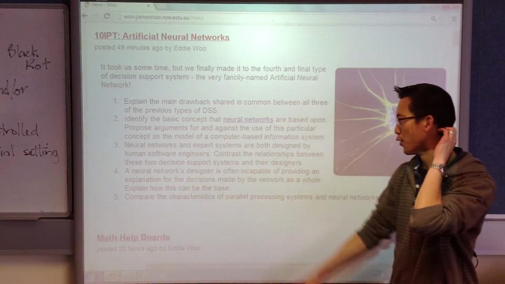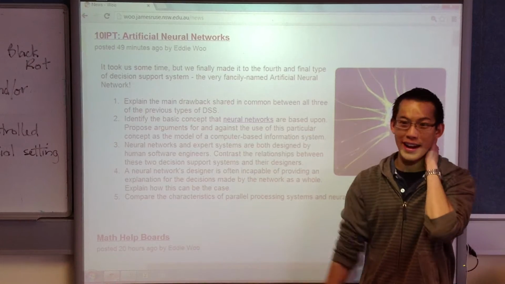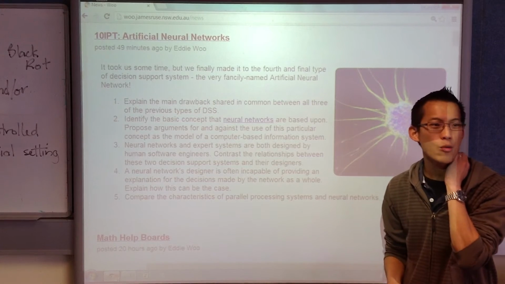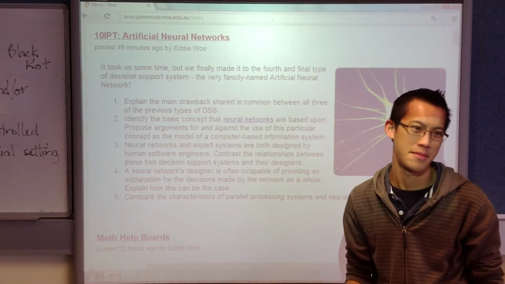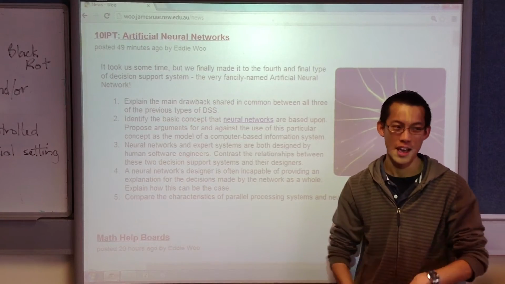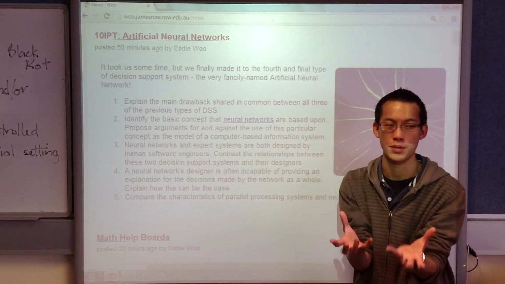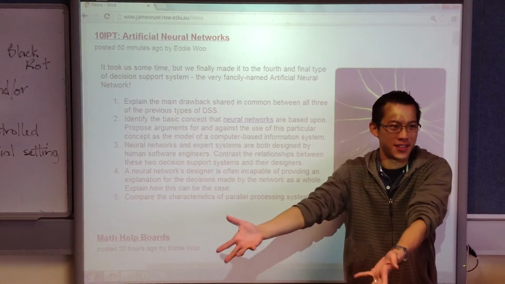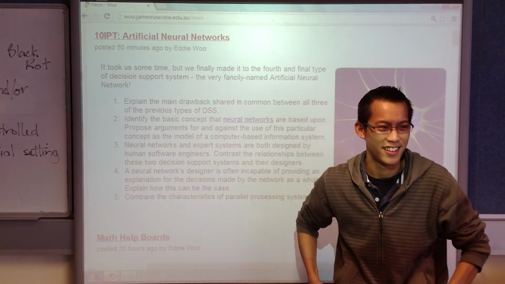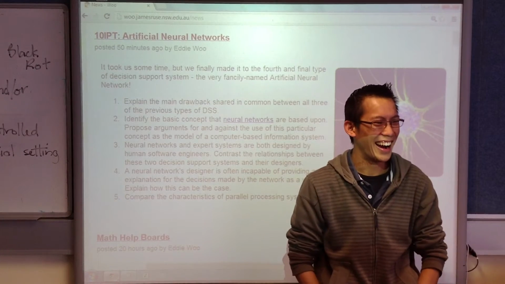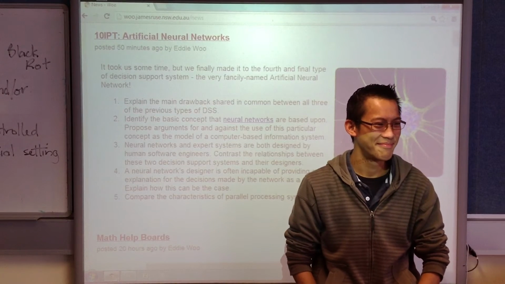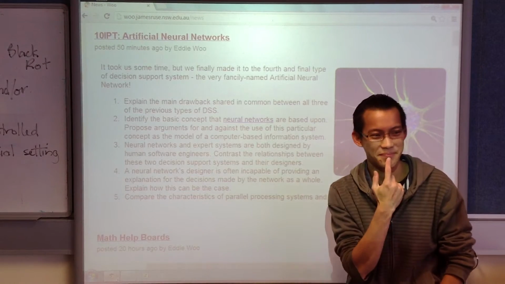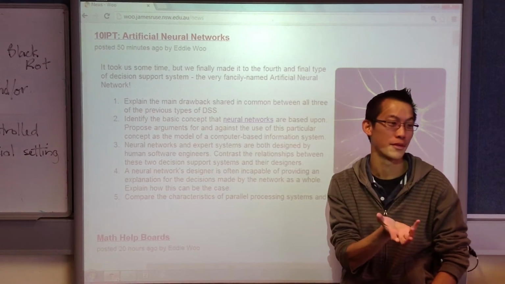Now, that feeds right into number 4. Once you've got a neural network and it's trained up and it's good at making decisions, right? Sometimes it'll make a decision and the designer won't be able to explain why it made that decision, which is a big contrast to the expert system, which has its explanation mechanism, which is designed for that specific purpose. So, why not? How can that be? You know, the designer designed it, so how can they not be able to explain? Decision making. It's like taking the average of inputs in life. Okay, yeah, right. So not logical. It's just it works. It's almost like a brute force kind of approach, right?